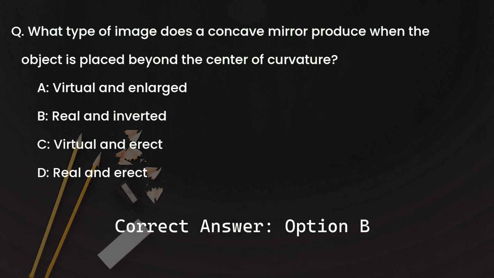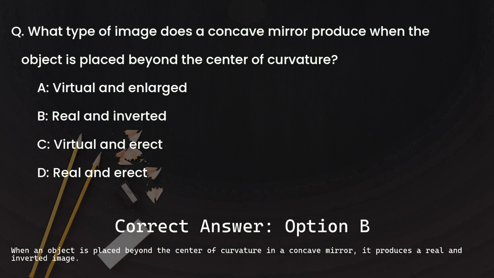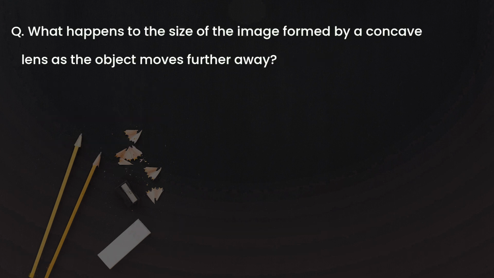The correct answer is option B, which is real and inverted. When an object is placed beyond the center of curvature in a concave mirror, it produces a real and inverted image. Question: what happens to the size of the image formed by a concave lens as the object moves further